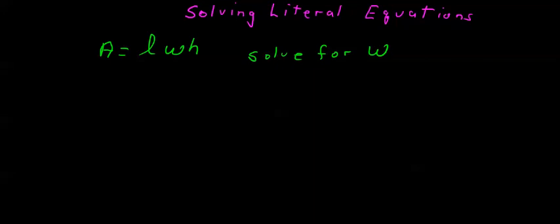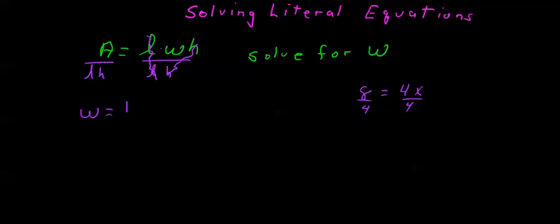Alright, so let's start. We have A equals LWH and we want to solve for W. Now, if I had 8 equals 4x, and I wanted to solve for x, I would divide by 4, the coefficient, because 4 is multiplied by x. Well, here I have two numbers multiplied by w. I'm going to divide by those two numbers, LH. The L's cancel, the H's cancel, and I'm left with W equals A over